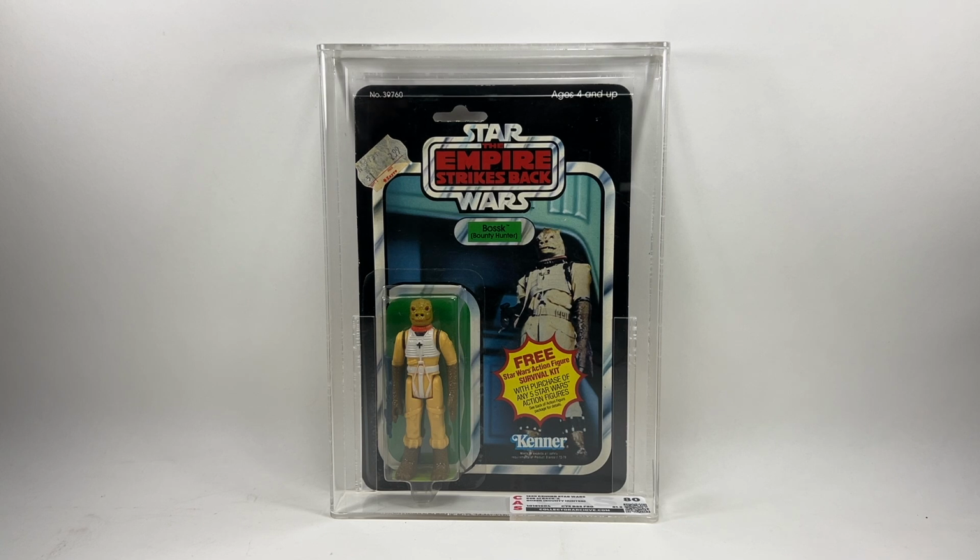So that's the 41 back. We'll have a look at that one in a little bit more detail. I just want to go through them in order of card backs basically. So let's take a look at the first one I have in my collection, and it is